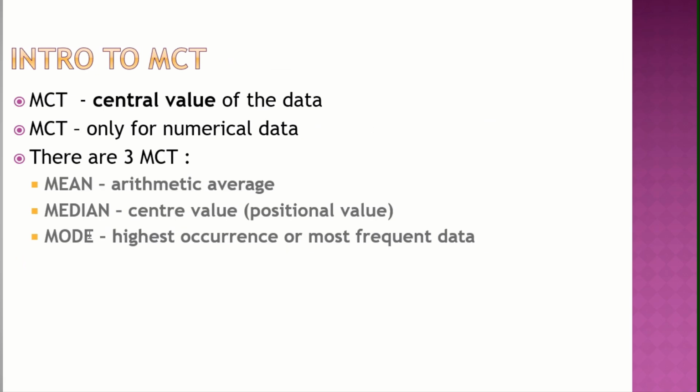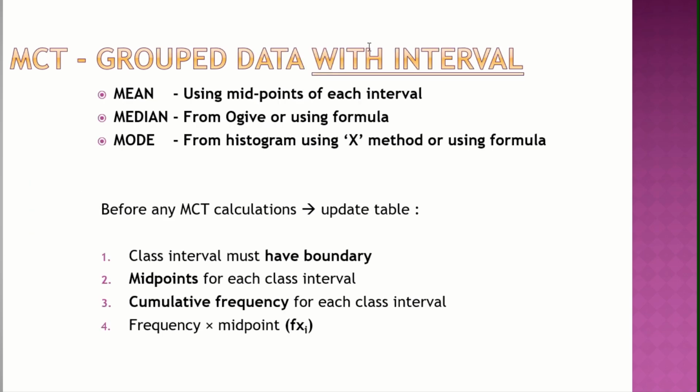Alright, so introduction to MCT, I've already gone through this. So we'll be doing measures of central tendency, which is your mean, median and mode, but now with group data with intervals. The only new thing is, when we did group data without intervals, the two extra columns that you added were CF, which is cumulative frequency, and FX, which is frequency times data. Now you just have one more new column to add, which is midpoints. Midpoint is the middle. All right, so let's take a look at it step by step.